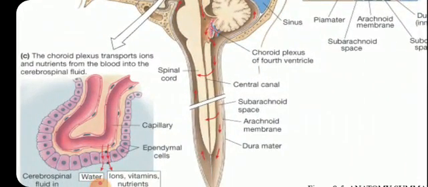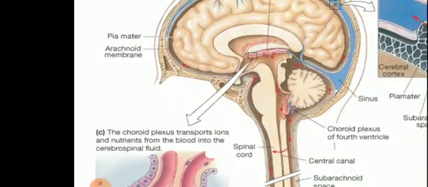Basically, dura mater is the outermost membrane and is made up of a tough fibrous tissue, and the dura mater extends up to S2, where the spinal cord ends at the lower border of L1. Now, the second one, the arachnoid mater, is the second membrane which covers the brain and the spinal cord. It is the middle membrane. Here there's a small potential space between the dura mater and the arachnoid mater, which we call the subdural space, which is filled with a thin layer of fluid.